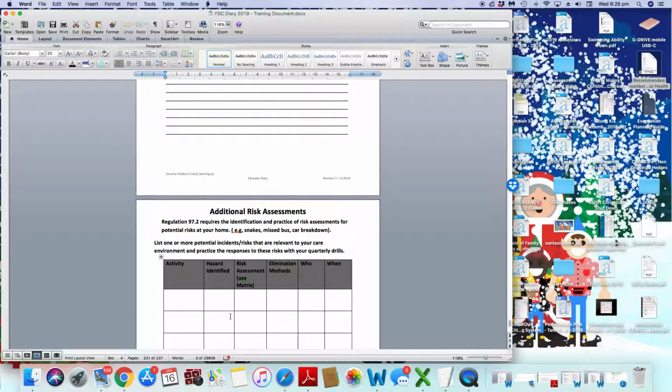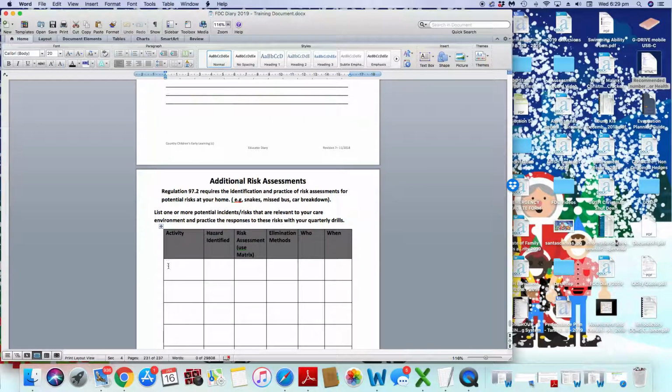We also have the additional risk assessments in here. Regulation 97.2 requires the identification and practice of risk assessments for potential risks at your home. For example, snakes, if you go on a lot of excursions, a car breakdown, if you live on a busy street, perhaps an intruder, and this is where you detail these